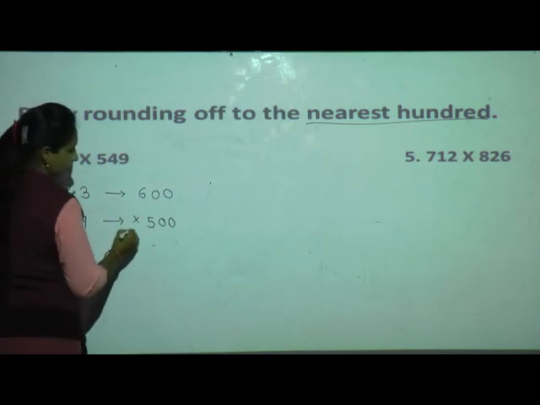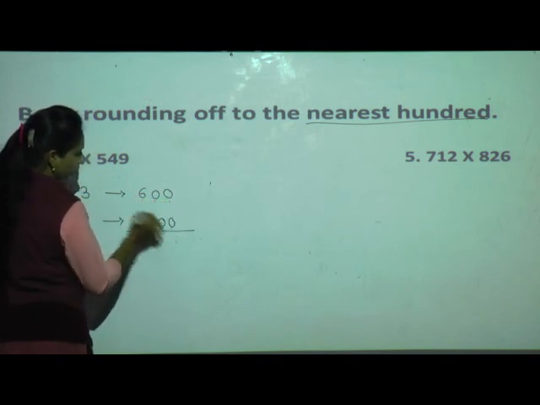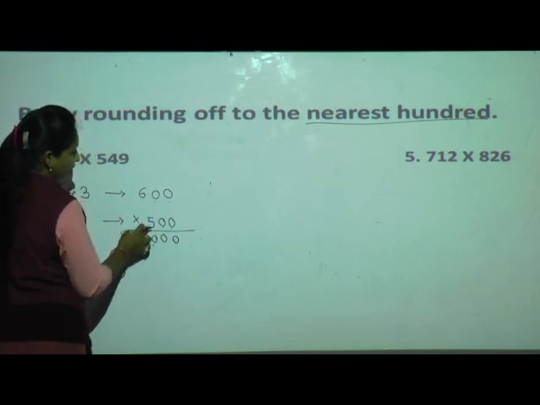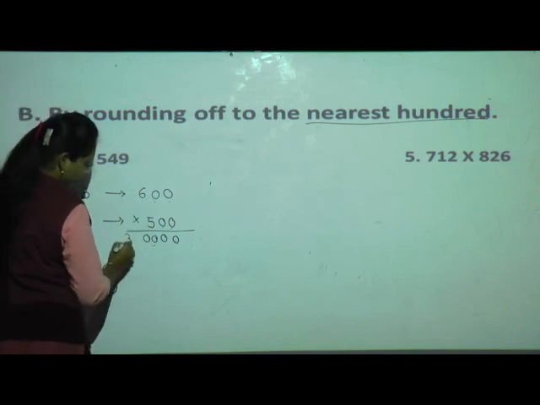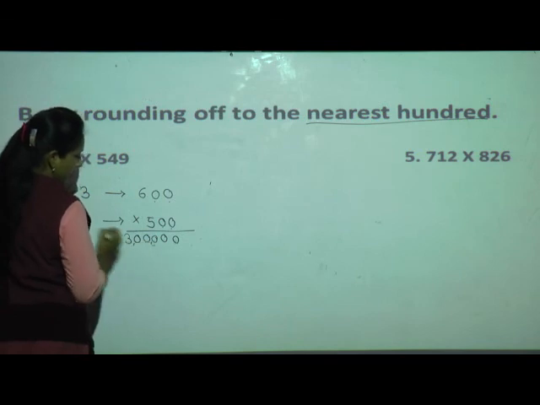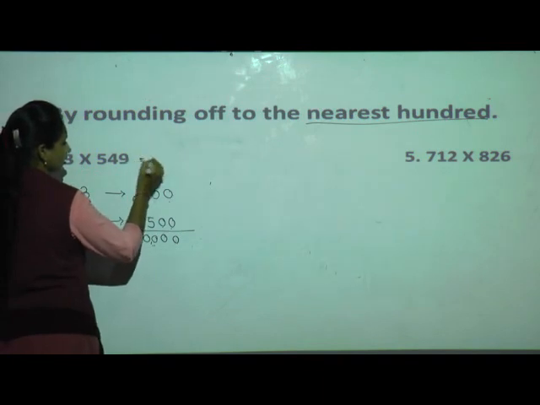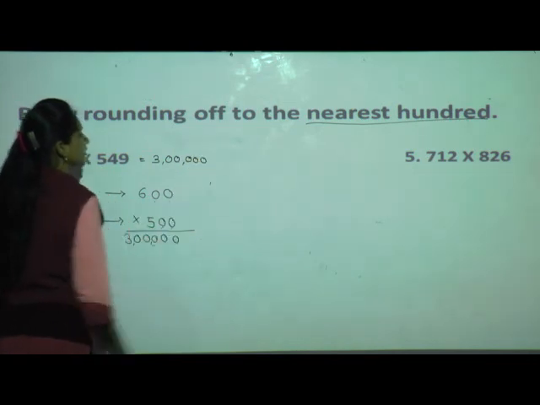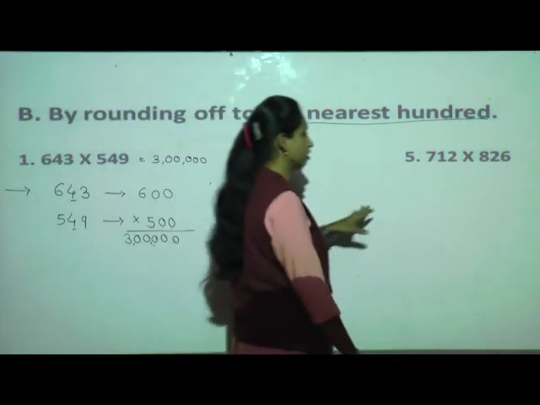Okay, now we will do the multiplication. How many zeros are there? 2, 3 and 4. So place zeros as they are and do the multiplication of the remaining numbers. 5 6s are 30. So write here 30. So what is the answer? 3 lakh. This is the final product. Understood? Clear this question? Now I will solve one more question for you, that is the fifth one.